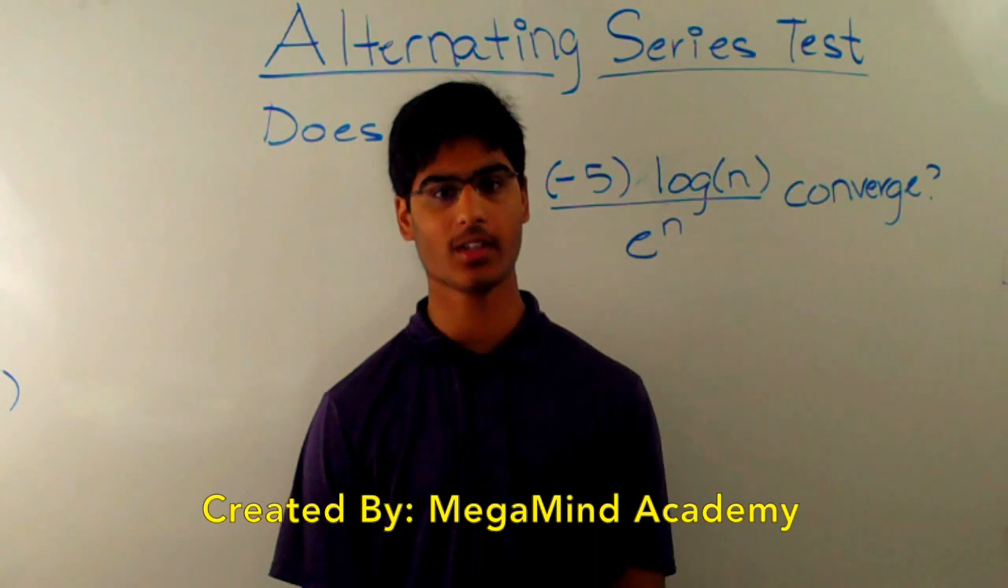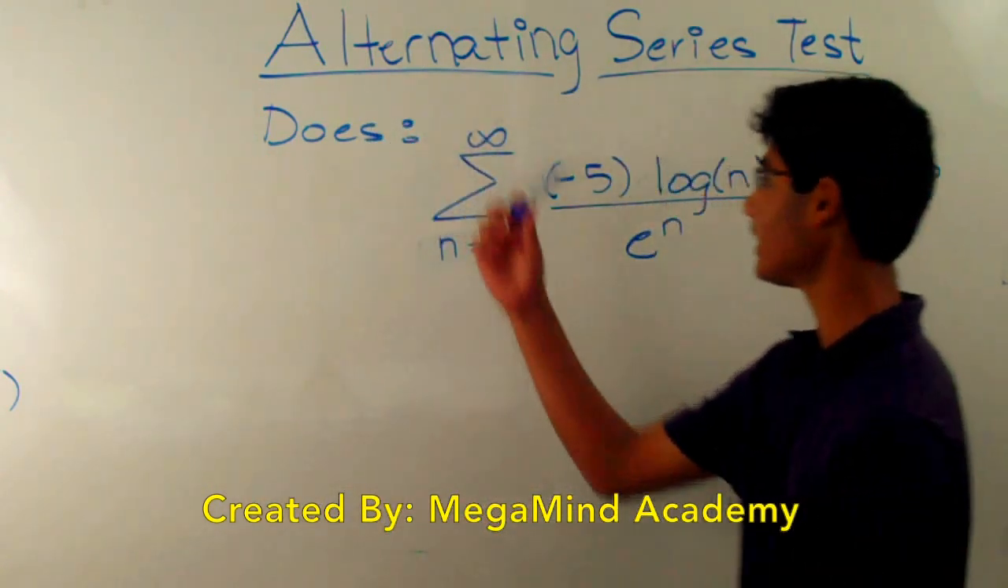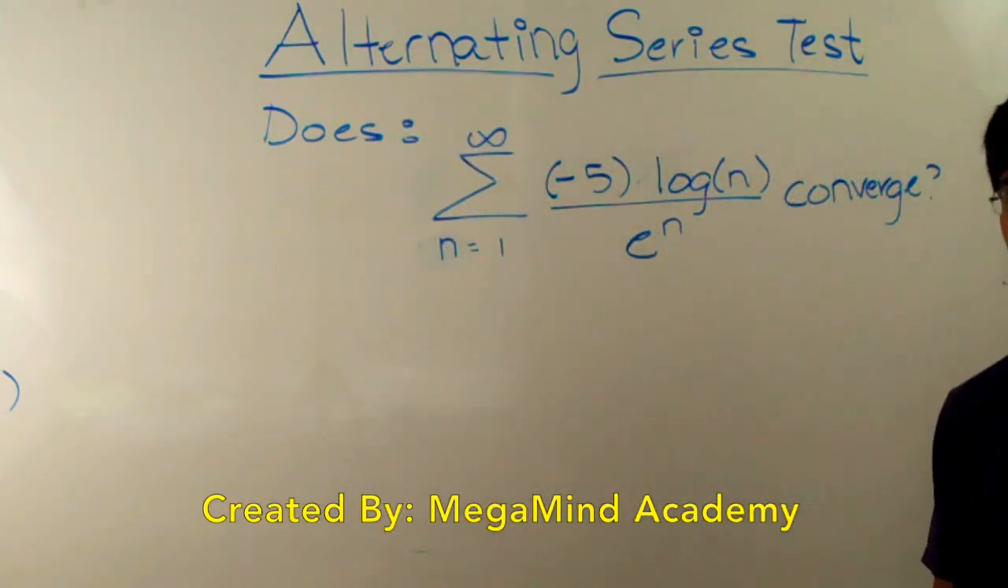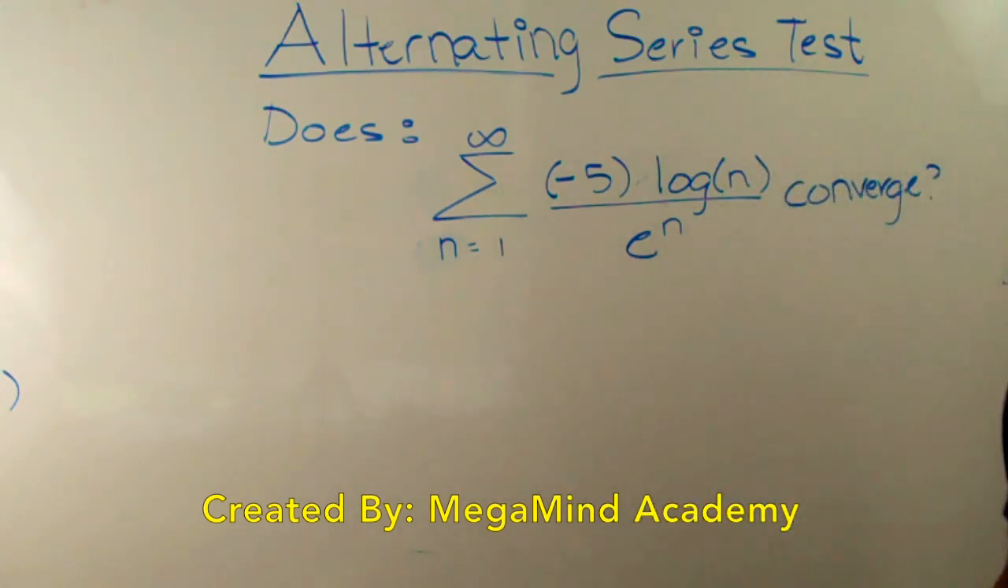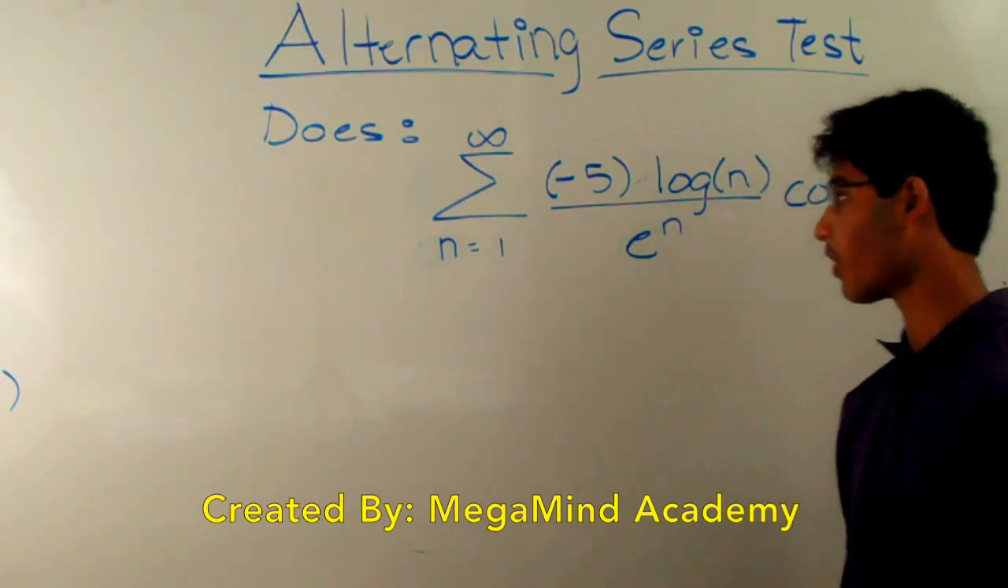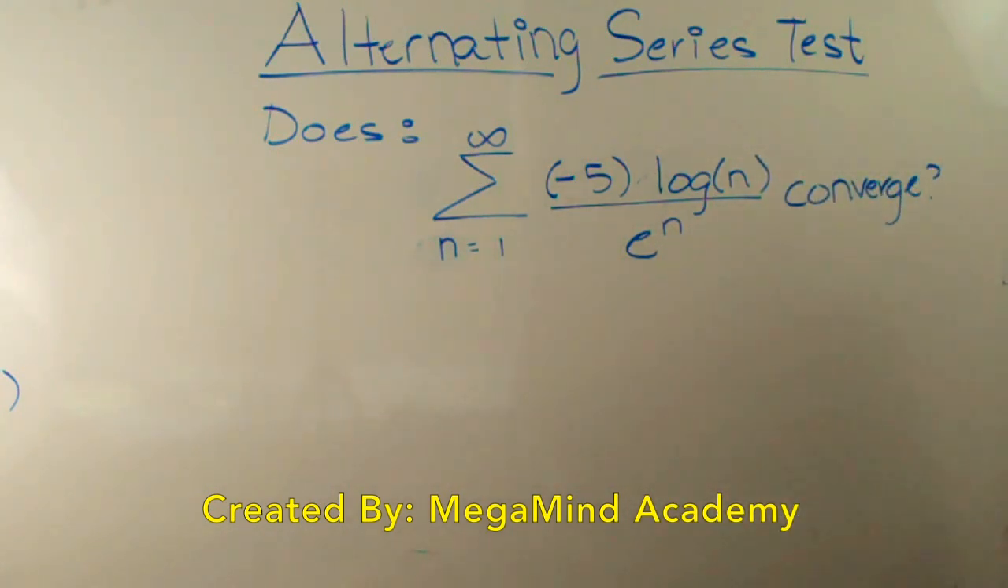Hi! Today we're going to learn about the alternating series test. Let's say we have a question like this. Does the series from n equals 1 to infinity of -5 times log of n over e to the n power converge or diverge? Well, we know that it's not sufficient for a regular series to say, so let's